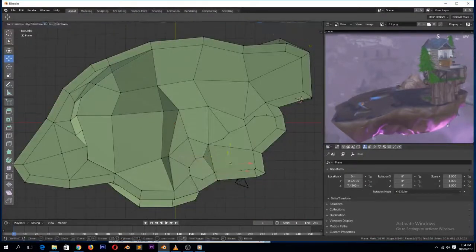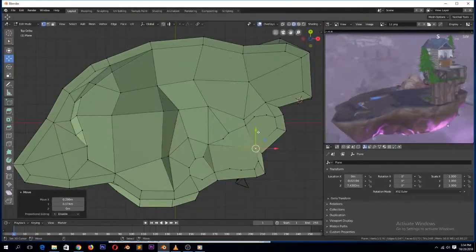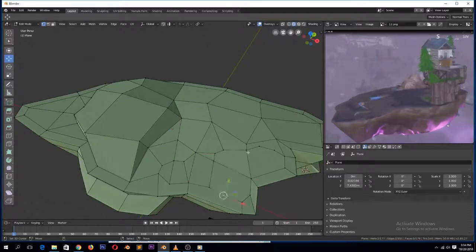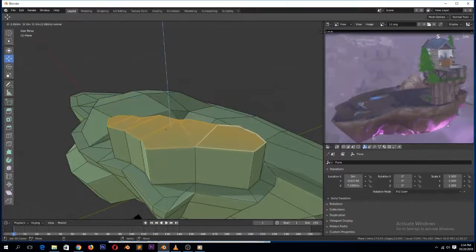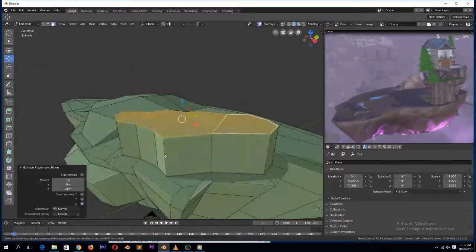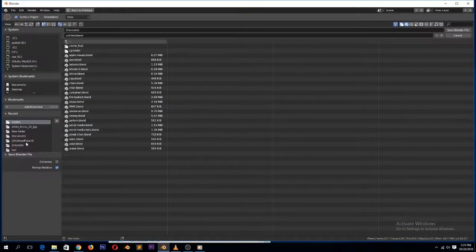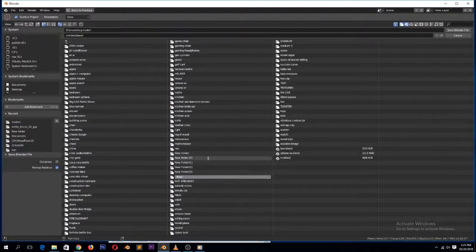So until they release a stable version, and you want to work on a project that will be worked on by different people, I wouldn't advise you to use Blender 2.8 right now, because it crashes and sometimes the projects get corrupted. So now I'm creating this rock that supports the building, and the way I did that is